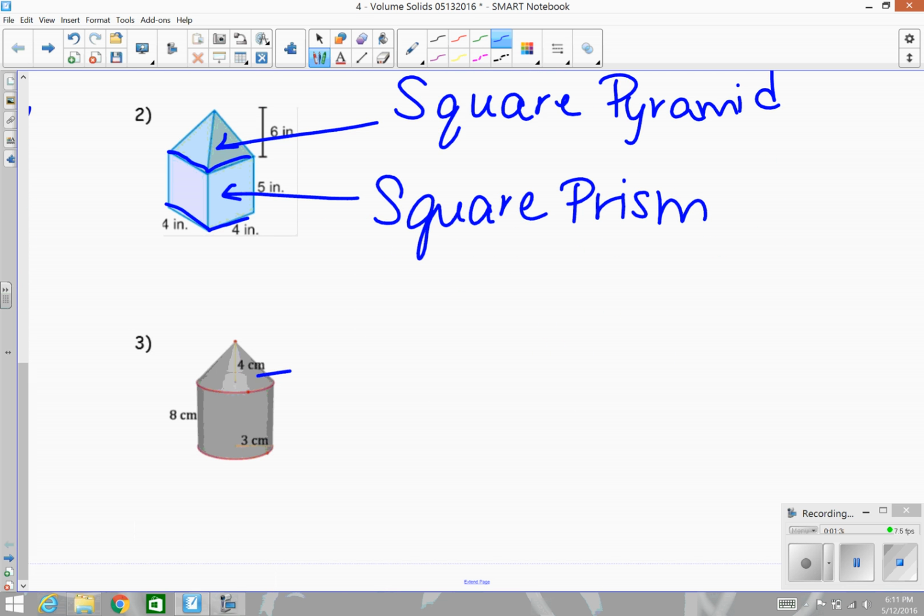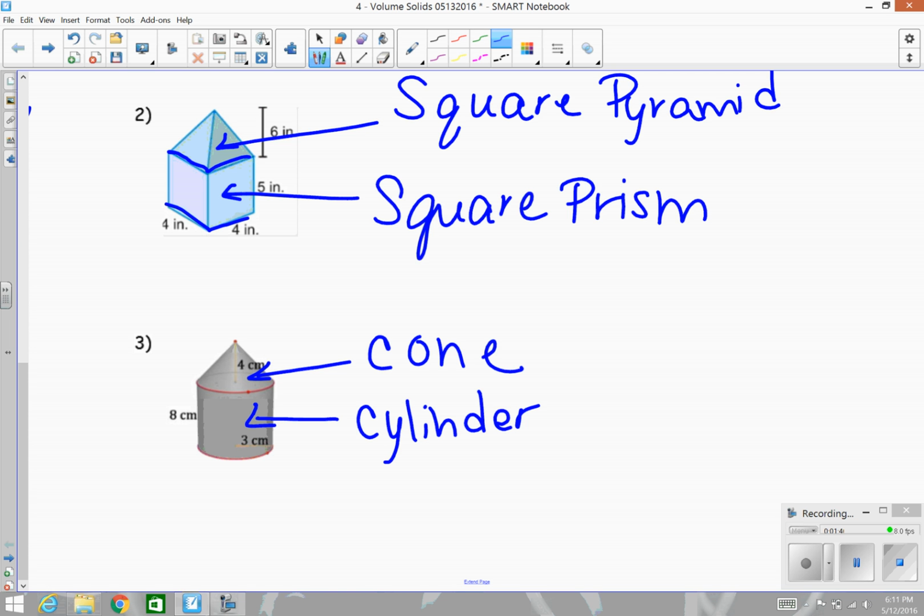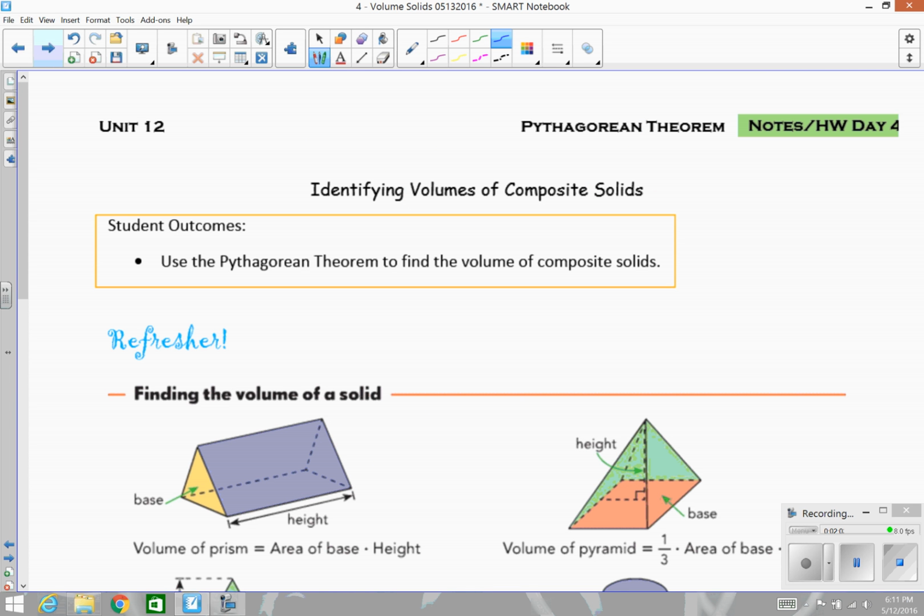And then number 3, okay, the top here is a cone. And once again, the bottom, we're looking at a cylinder. Okay. And those are what we call composite solids. Okay, 2 3D solids, 3D figures put together. That's what composite means. Okay. If we flip the page to get started,